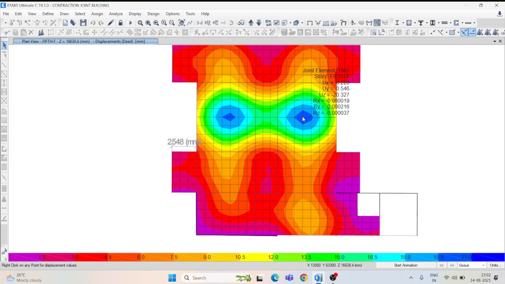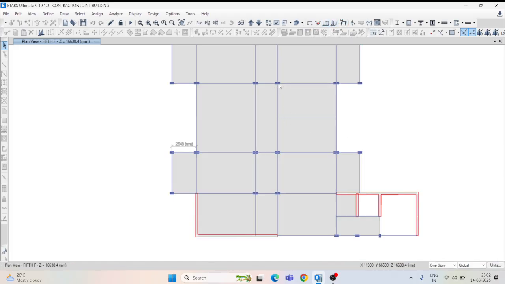Firstly you have to check whether the deflection is on a beam or a slab, because if the deflection is on the slab, what you will have to do is take the nearest 4 columns. Suppose this is the deflection here, 20.327 mm. Suppose it is on the slab only, so around that you have to see where the column is. So just go here and see this column, this column, this column and this column.